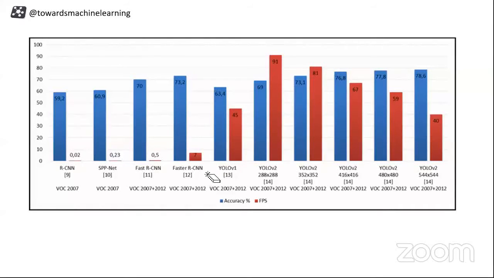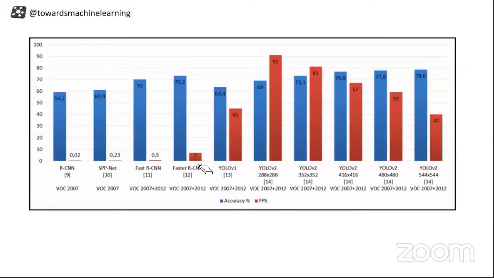7 frames per second. Then you have some variation inside of it. You have seen, right? Faster RCNN used a convolutional neural network inside of it. You can change it. You can have AlexNet, you can have VGG16. Accordingly, your time will change. But something like this 7 is achievable. So you can have 7 frames per second.